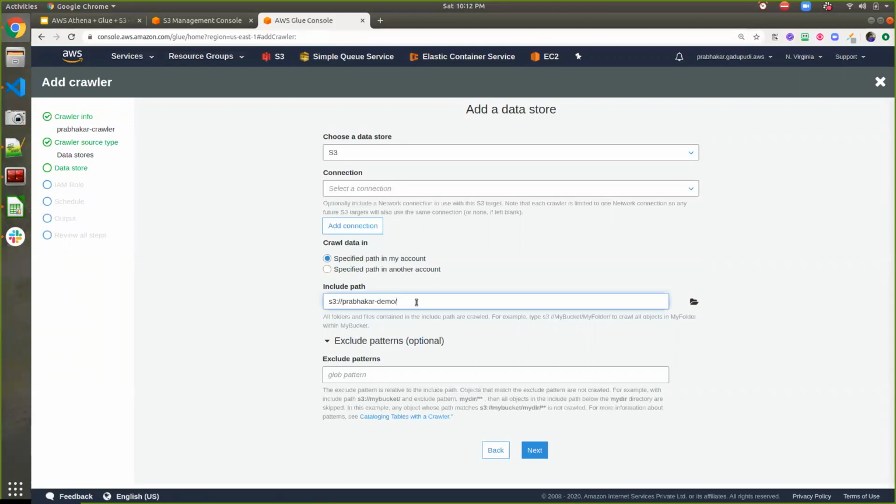I can also use something like star.csv so that it extracts only .csv files. It is not mandatory to keep only one CSV file; you can keep n number of files, and it will do the crawling, and then we can perform the operations on all CSV files.